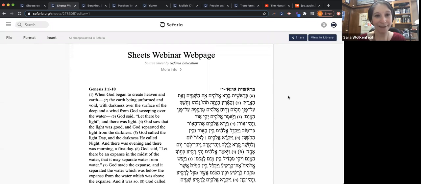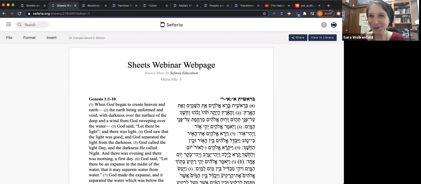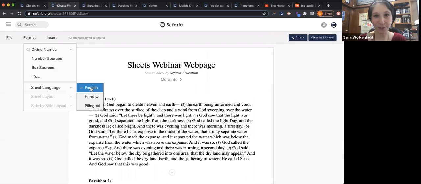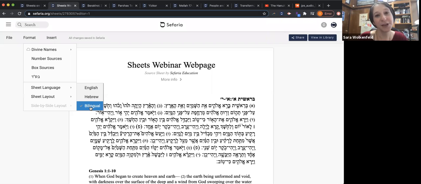I made this as a bilingual source sheet. You're all my students for today, and I don't know whether you're more comfortable in Hebrew or English or both. So I made this source sheet bilingual, and hopefully that is as inclusive as I can currently get on Sefaria, because we don't have other languages yet, although that's coming hopefully eventually. But I might decide in the future that I actually want to teach this entirely in English, and then I can change it to being an English-only source sheet. I haven't deleted anything. The next time, when I want to teach it bilingual again, I'll just click bilingual. The source sheet's potential exists in all languages at all times.